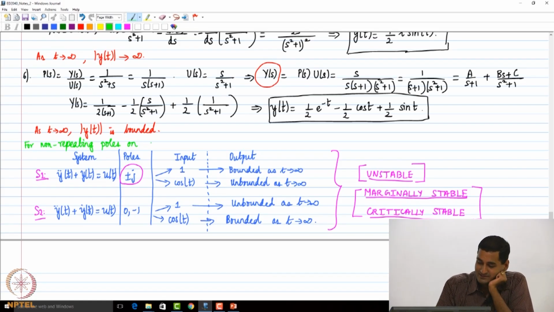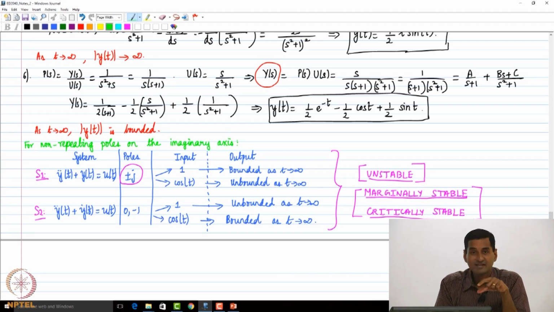So if you have a non-repeating pole on the imaginary axis, this is going to happen, right? So this concept. Okay. If you have a repeating pole on the imaginary axis, okay. So what do I mean? Let's say the system transfer function, for example,